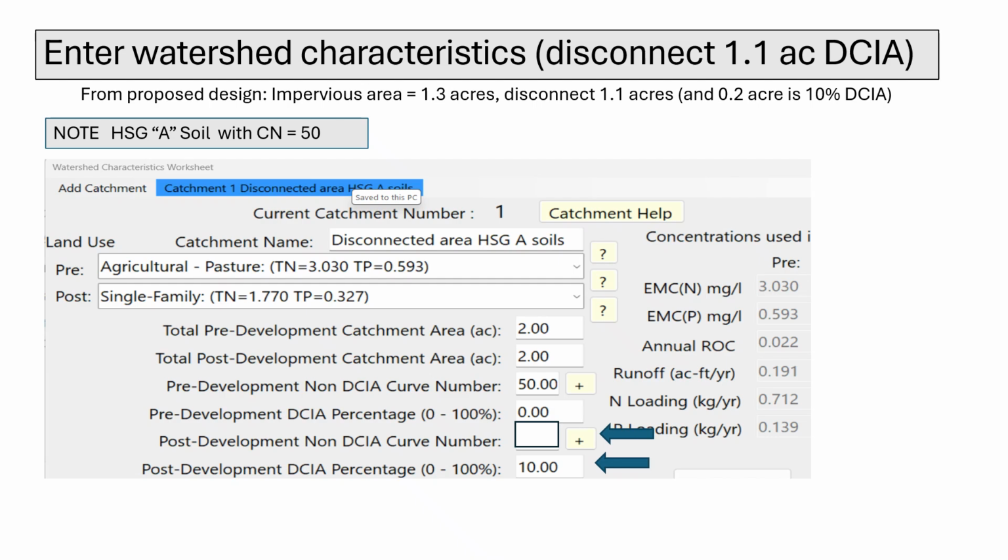The act of disconnecting impervious surfaces significantly alters the hydrologic response of the watershed. While the water is routed to pervious areas, we anticipate a potential for a higher overall runoff volume when considering the entire watershed's response. To accurately reflect these changes and calculate the new runoff volume, we will be using a composite curve number calculator. This tool will help us determine the effective curve number for the entire non-directly connected portion